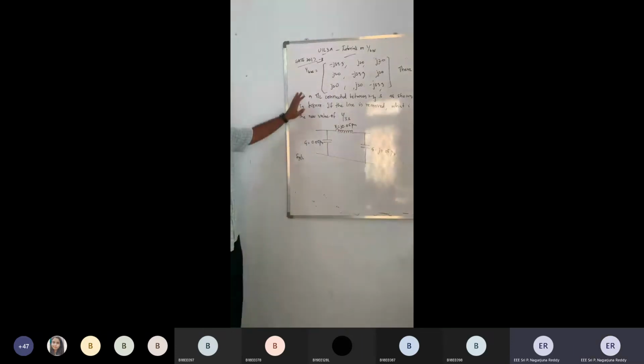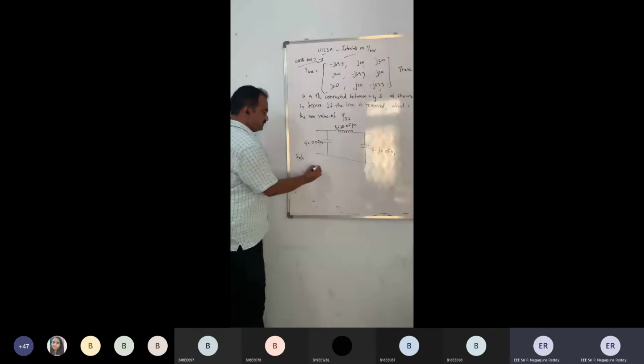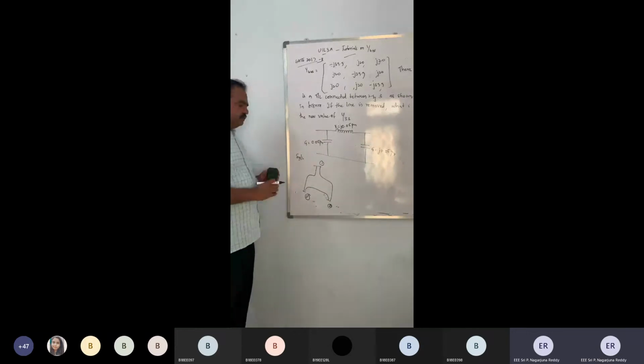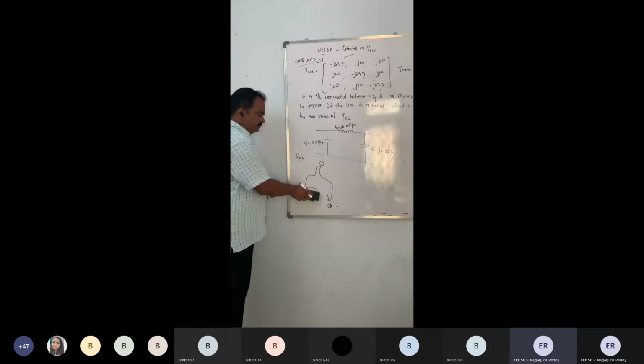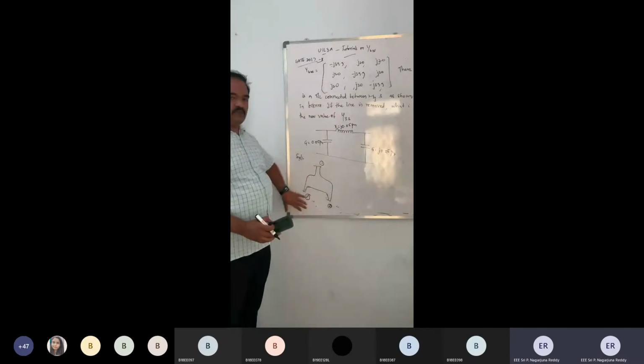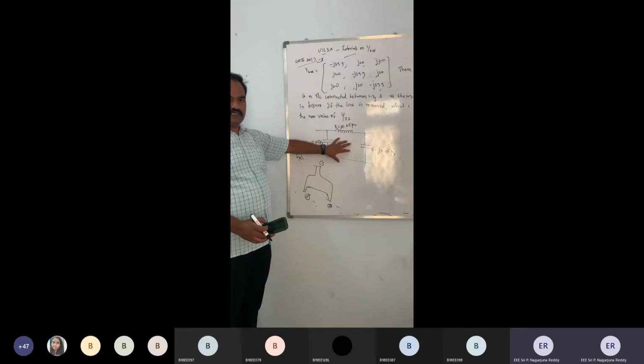So this is the problem which has been given for you. A Y bus is already given for you. And by seeing the Y bus itself, we can say that it is a 3 bus system. So I am drawing a 3 bus system: 1, 2, and 3. This is a rough estimation. Since all the elements are present, I have just drawn like this. If there were any zeros, I would have omitted these lines. So this is the simplest format of a 3 bus system. And he says that there is a transmission line connected between 2 and 3, and he wants to remove this transmission line and recalculate the Y bus.